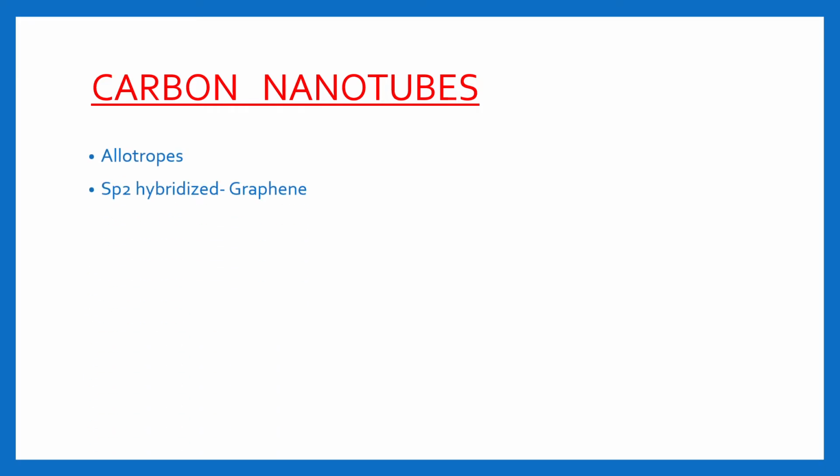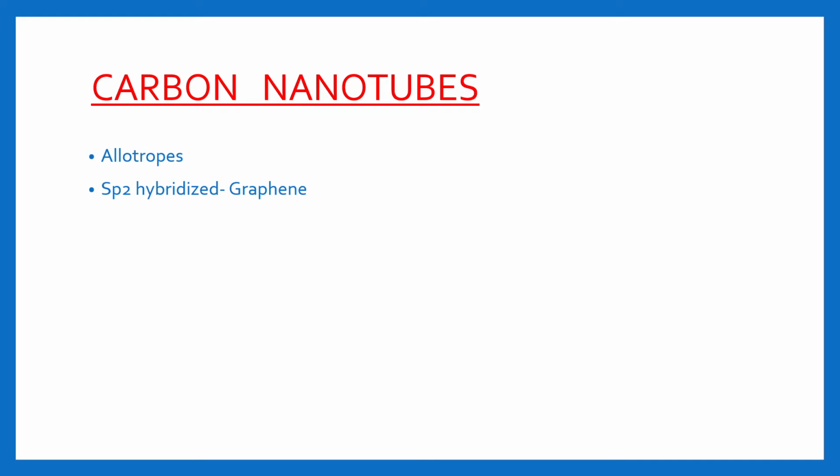graphene. Graphene is nothing but in that structure, that is in that molecule, carbon is sp2 hybridized. Carbon atoms are sp2 hybridized and they are having a hexagonal structure. And this hexagonal structure, when you take it into a 2D form, a 2D structure is called as graphene. 2D sheet is called as graphene.